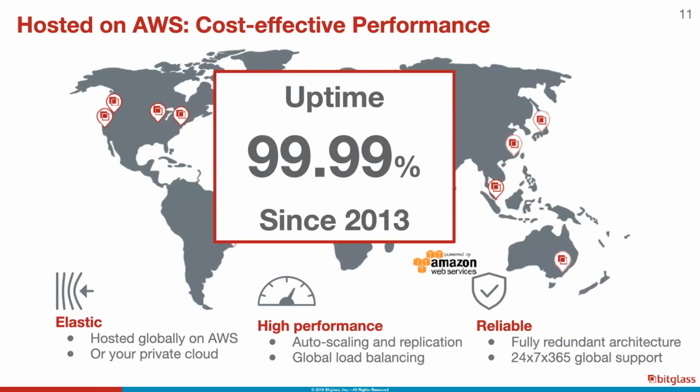So where is BitGlass running? BitGlass is running in AWS. We have been doing that since 2013. Our uptime is even better than AWS: it's 99.99, and lately an extra 9. The reason why we chose AWS is because we can use their poly-scale architecture. What does this mean? It's elastic, so it can grow and can downsize. We have built our service based on that.